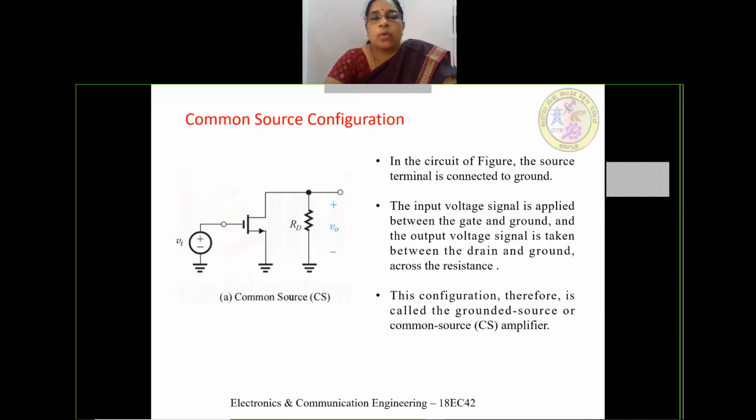So source acts as a common terminal, and this common source configuration is the most popular configuration in the MOSFET circuits. It is also called grounded source, or the usual name is a common source amplifier. In the circuit diagram we can see that the arrow mark terminal is always the source. To the gate we have connected the input signal indicated by Vi, and at the drain terminal we have a resistor Rd, and across Rd the output is measured. Thereby source is coming as a common terminal between input and output.